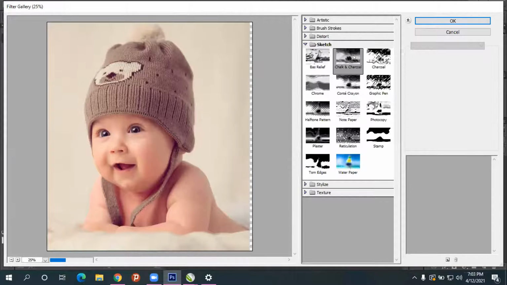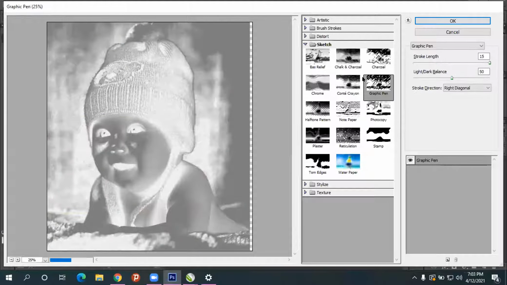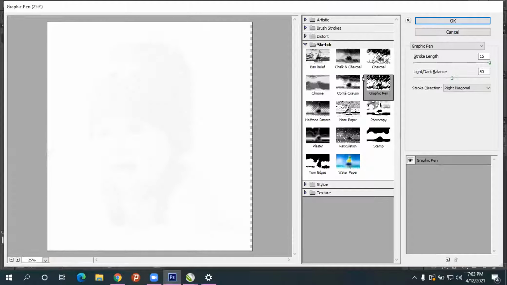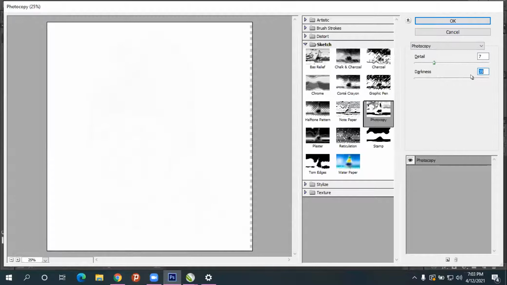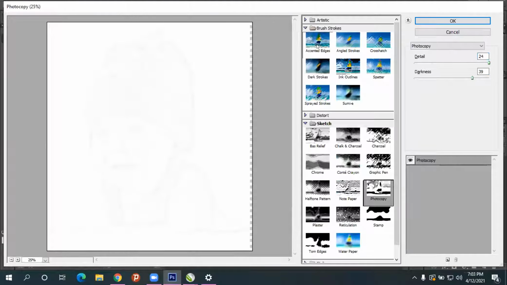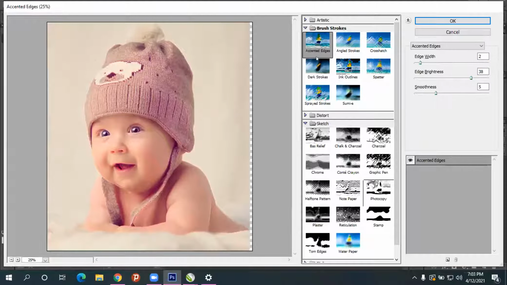Select any effect you like, for example Graphic Pen. Increase the light and dark value. This has more dark and light values, so little by little the detail is coming. See, some oil paint effect.